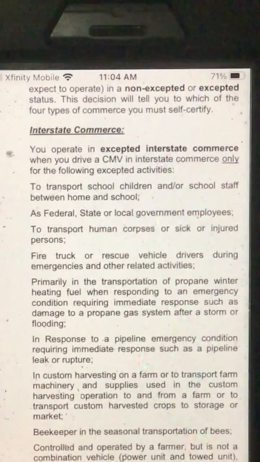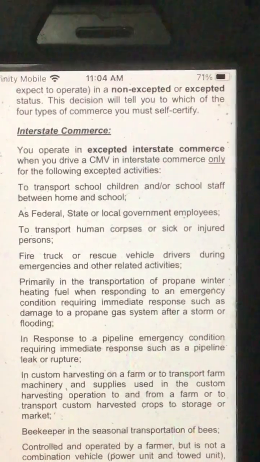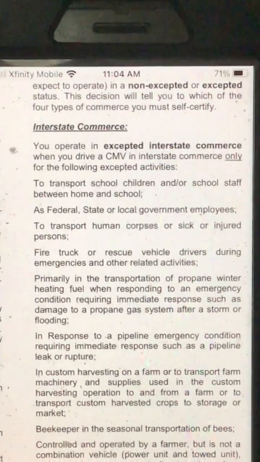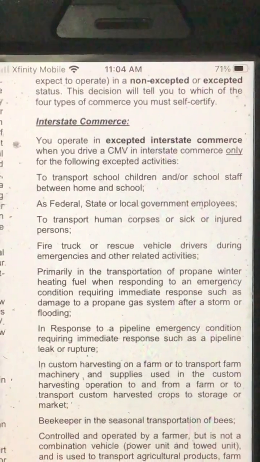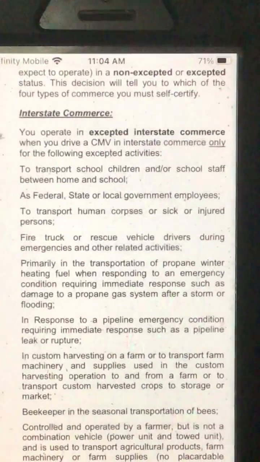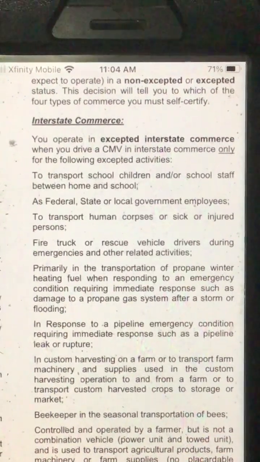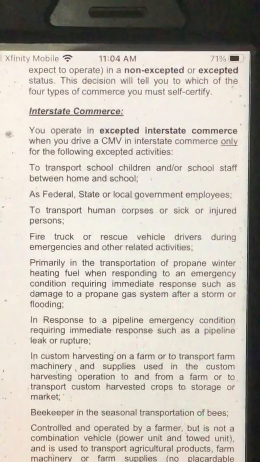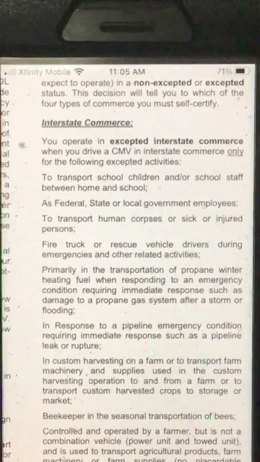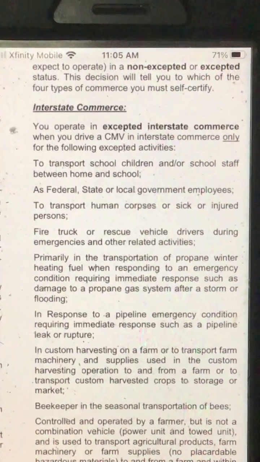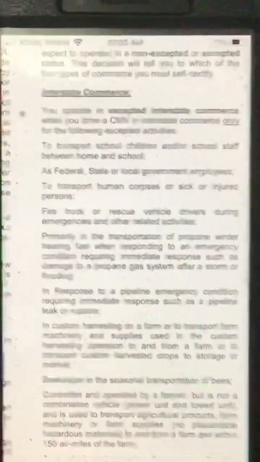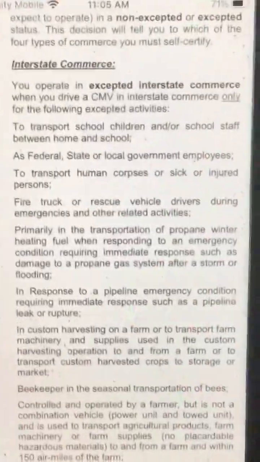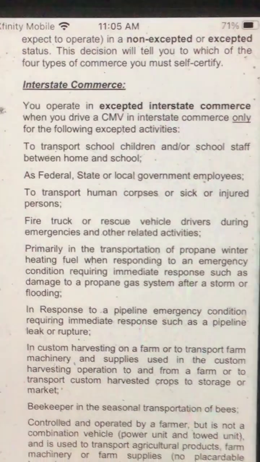When you drive a CMV in interstate commerce only, that's underlined, for the following accepted activities: to transport school children and/or school staff between home and school, as federal, state, or local government employees, to transport human corpses or sick or injured persons, fire truck or rescue vehicle drivers during emergencies and other related activities,